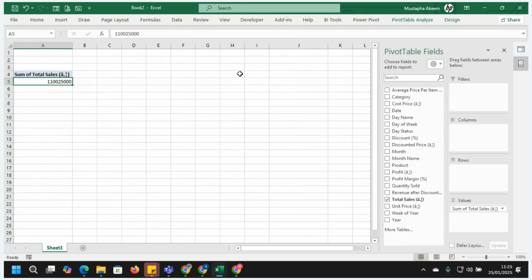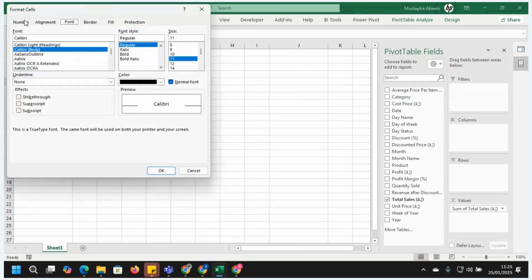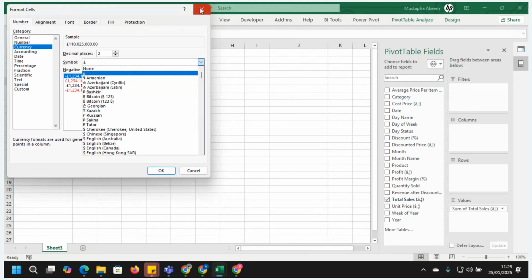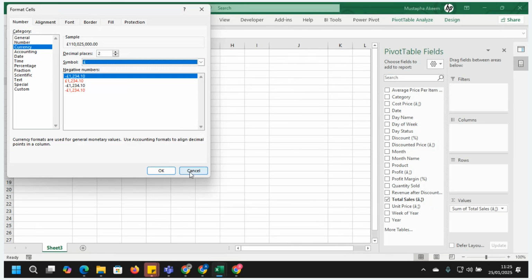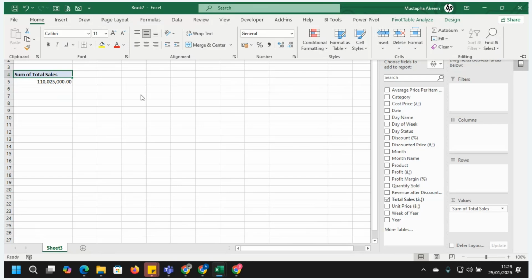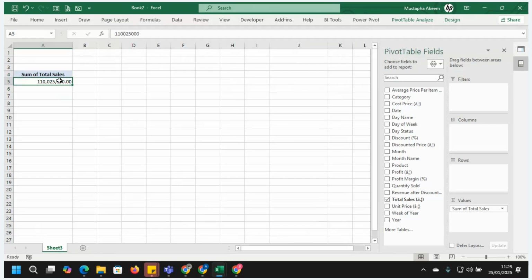Ctrl Shift 1, or if you don't know that, you can just right click and click format cells. Then click on number format. If you want to use currency, you can select the currency of your choice and click on OK. So that is done. I just remove this and place it at the center. That's the only thing we have done so far.